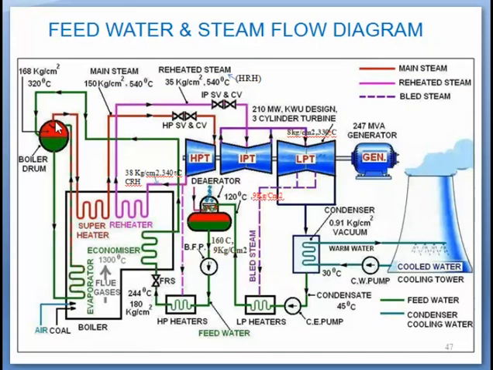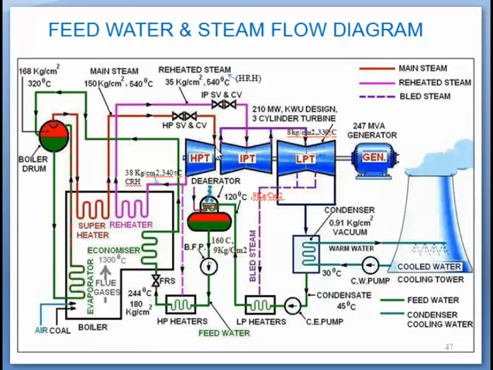The steam which is stored in the upper part, by virtue of its lower density, is taken from the top of the boiler drum, then it passes through the superheater, and finally through the high pressure turbine stop valve and control valve,